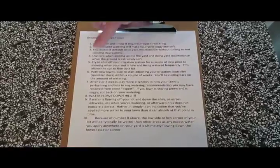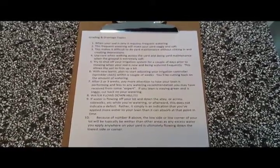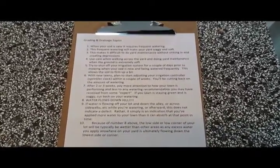A good idea, number five here, would be to shut off your sprinkler system, your irrigation system, for maybe 2 days before you go out to do any yard maintenance, particularly the mowing. This is going to allow the ground to firm up so that when you're walking around you don't create as many footprints. Number six here,